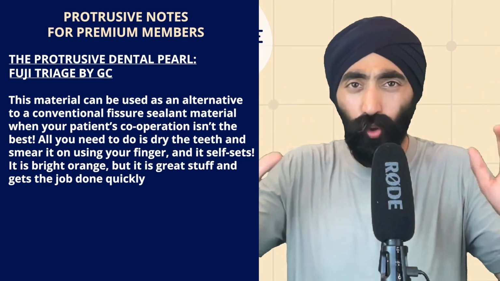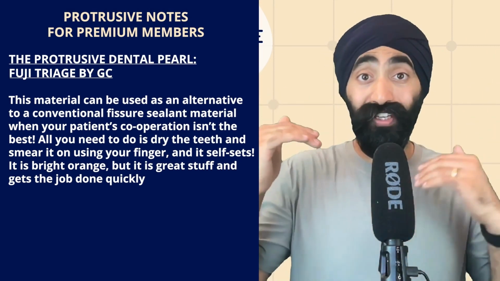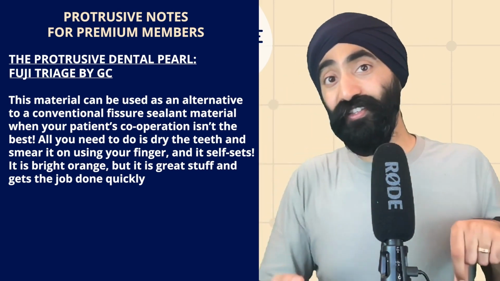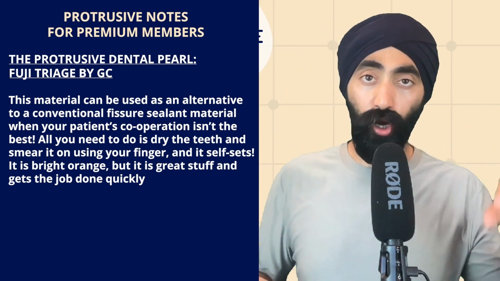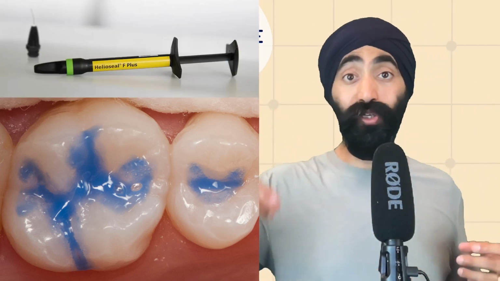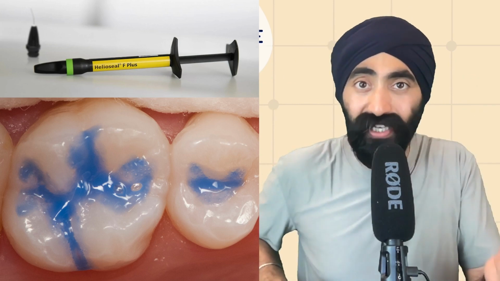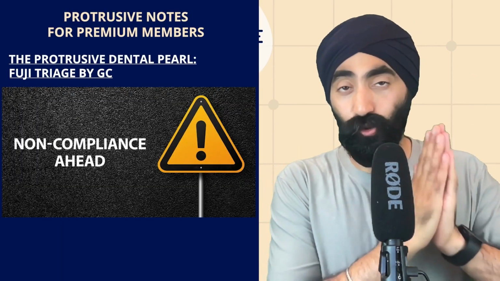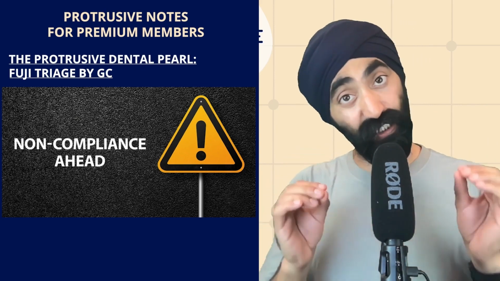So I wanted to do some sort of sealant or some sort of coverage of these deep fissures. Now, on the right side, I was able to get enough compliance to do the standard fissure sealant. So the whole etch and use something called HelioSeal to seal those fissures. So now when food gets stuck, I know it's not going to be causing caries in the E's and D's. Now the left side, by the time I got to the left side, his compliance was dwindling and he wasn't the easiest patient in the world to treat.